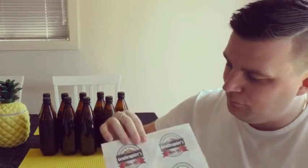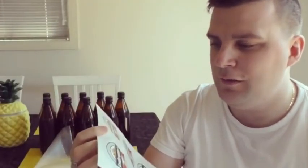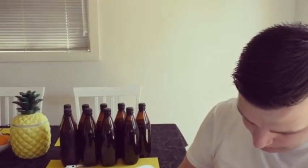What I've done is a bit of fun. I've printed off some beer logos. So there they are, just some stickers to go on. I've called mine Gentle Squire's Barley Fizz. So this is a pretty cheap way just to have a bit of fun with them and also to brand the bottles as well. So it's from a website called